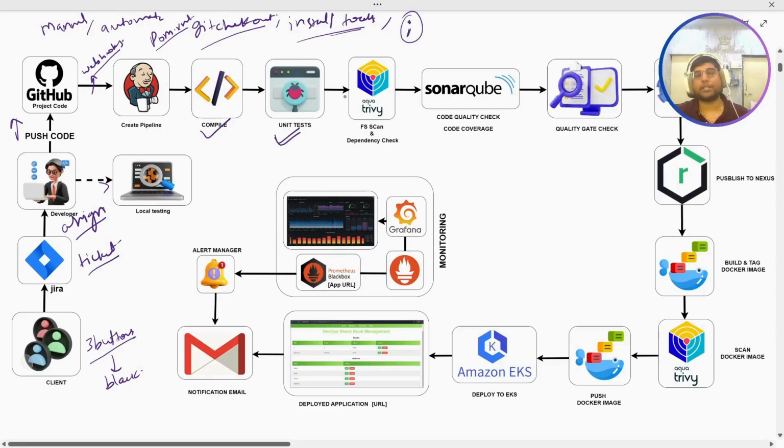After that, as part of DevSecOps, what we want is that the application code inside our repository should be scanned. Two kinds of scanning will be done. The first scanning is going to be FS scan, which is file system scan. So the whole files are going to be scanned to find